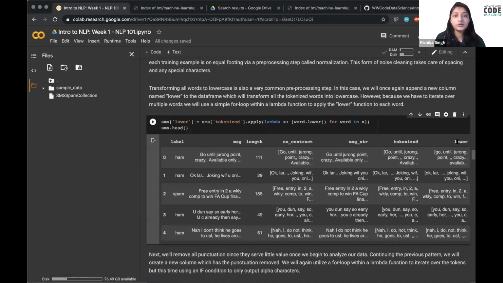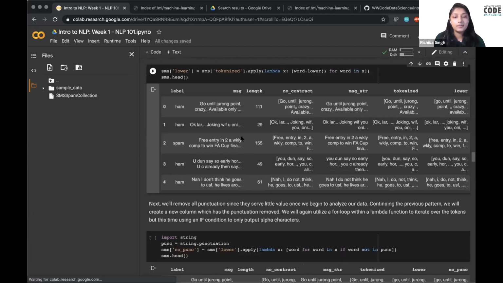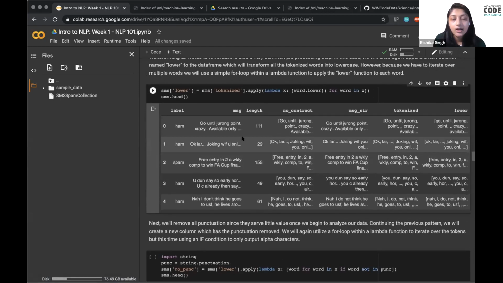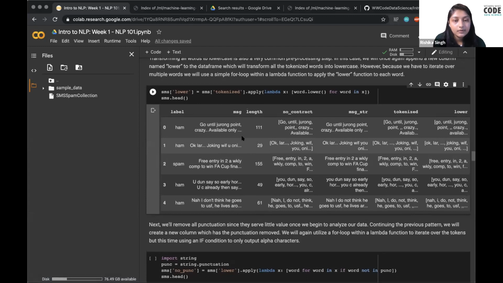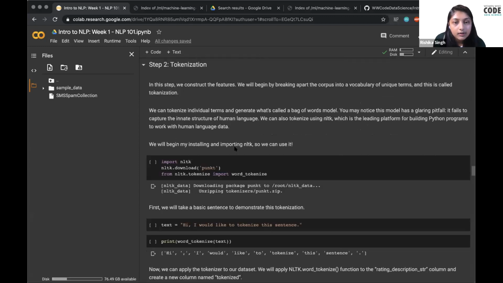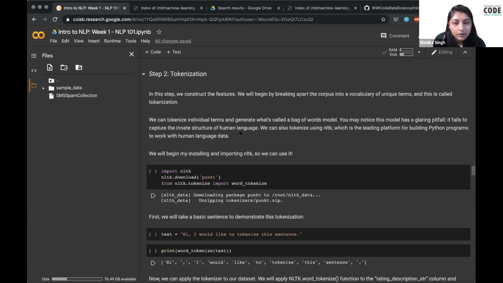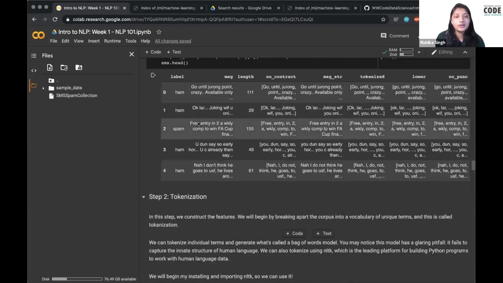This lower column will contain all of the original messages, but everything will be lowercase. And so what we do is we say SMS lower equals,